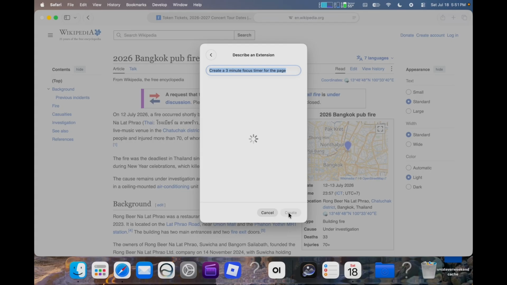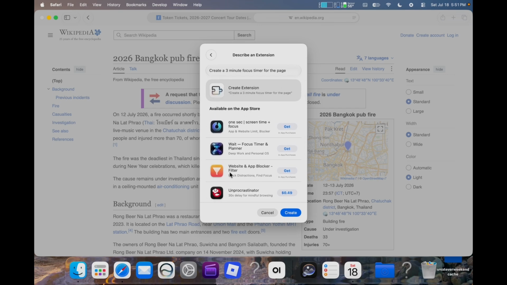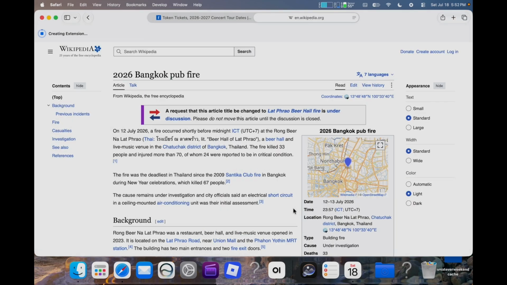Go for it. And what it's going to do is it's essentially like vibe coding, not like vibe coding, it is vibe coding. But one of the really cool things is it'll tell you, hey, there's already extensions available that someone already made. They might have done a better job. Do you want to try out one of these extensions? In this case, I'm going to say, no, I'd like you to make one. But I think that's really cool because it doesn't take away from developers. In fact, that probably adds a lot of value for those developers because now they're getting more eyes on their extensions. And honestly, I would never think to go look for an extension most of the time.